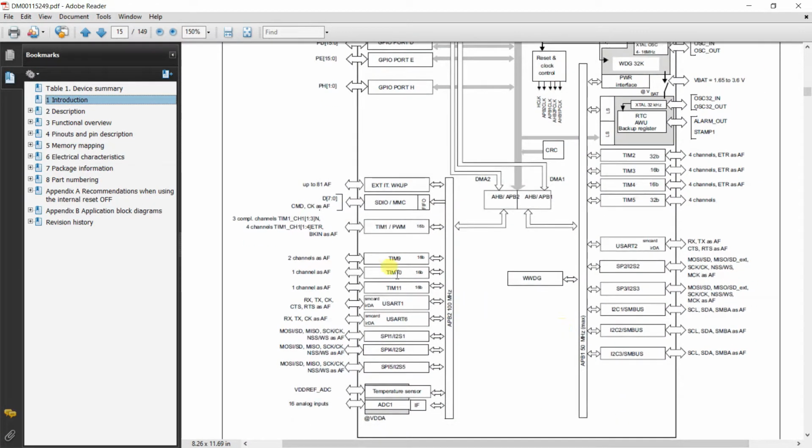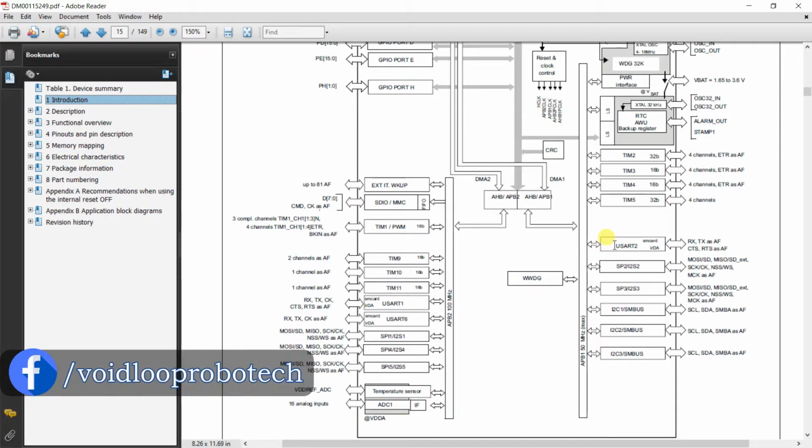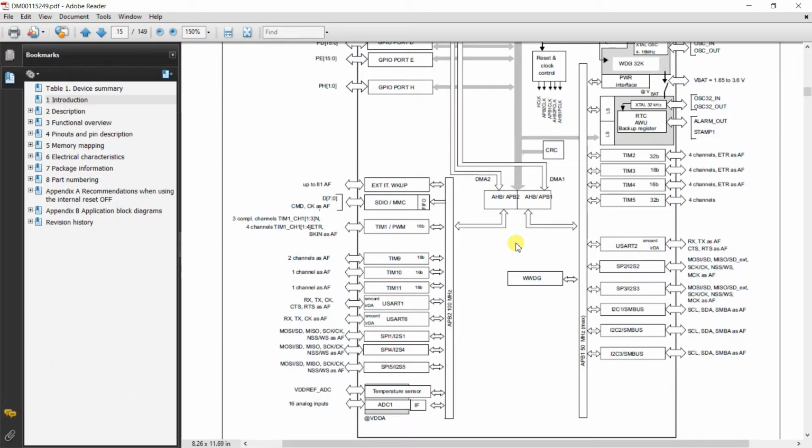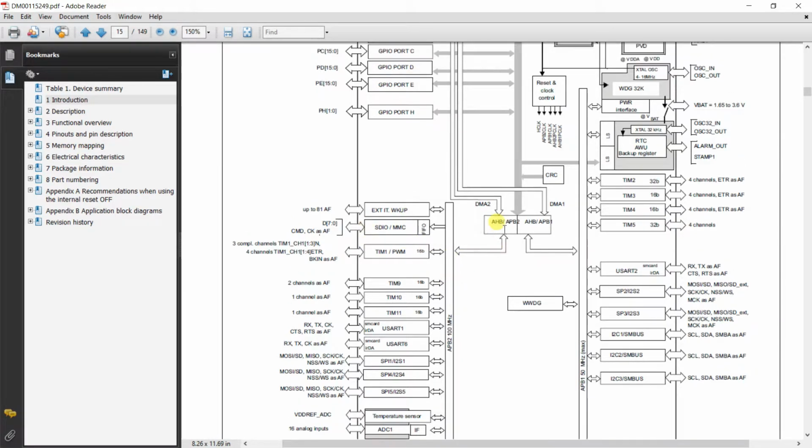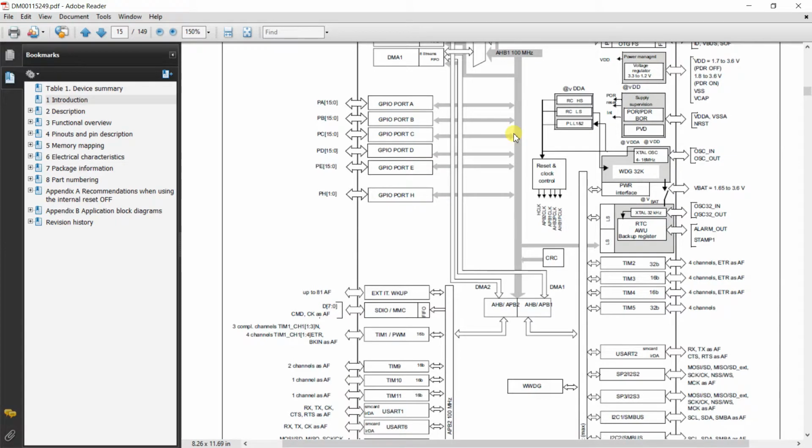You can see here it is USART1 and USART2, and we will use USART2, and we have to access the APB1 bus to enable the clock source for USART2, and we will configure the PA2 pin as the USART2 transmitter. So the PA2 pin is connected to the AHB1 bus. This is port A, so we have to enable the port A clock source.